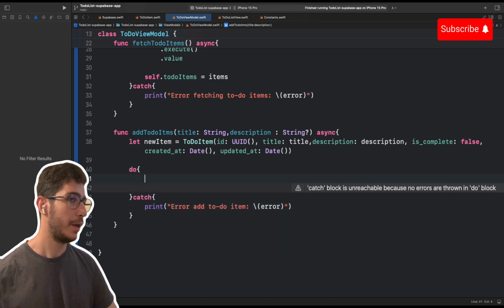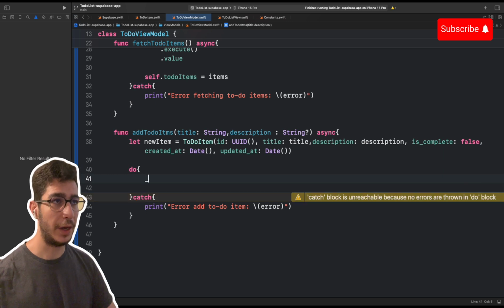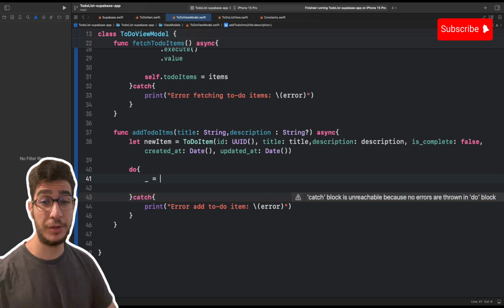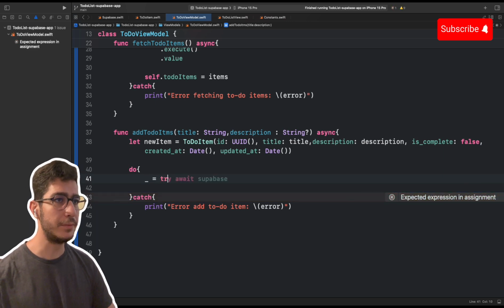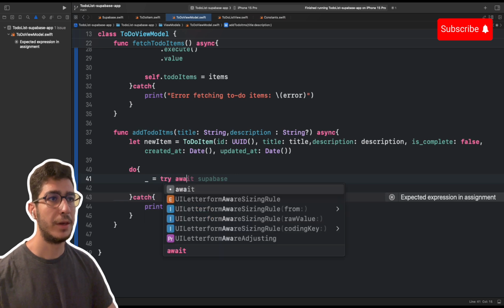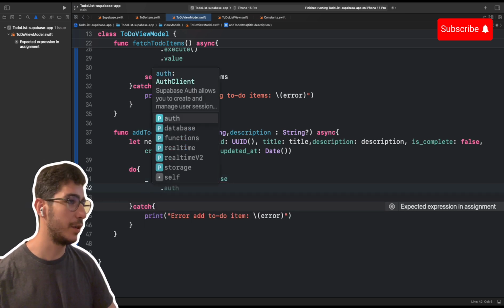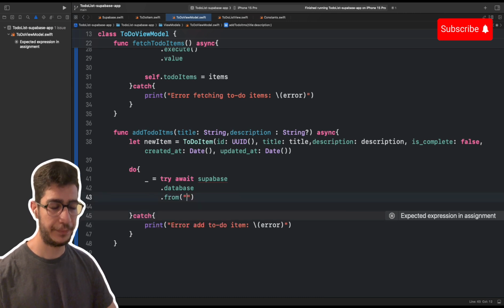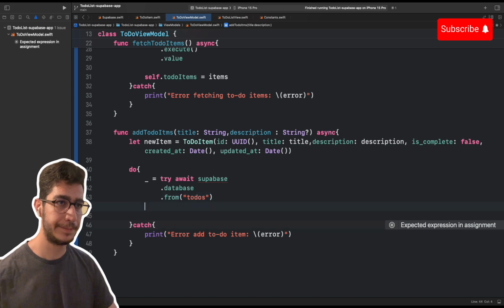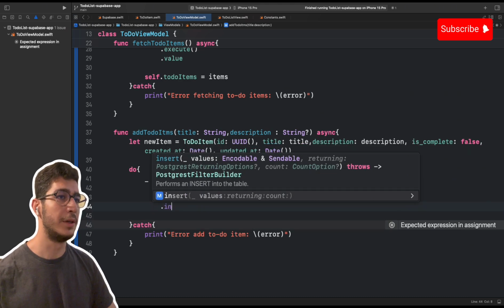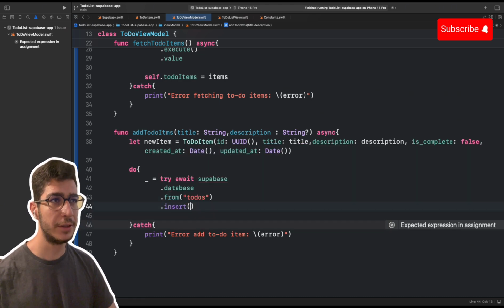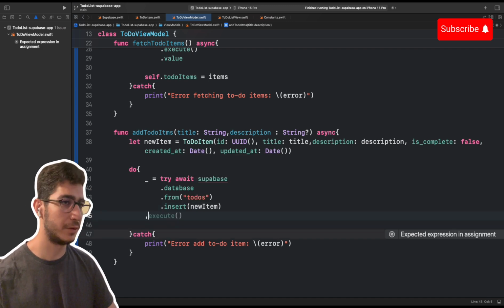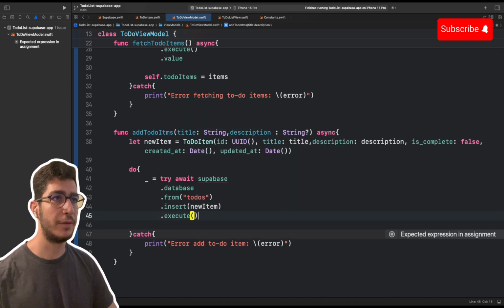So here in our do we have an empty variable here. So try await Supabase database, and again from our table name would be todos. We want to insert the new item, just going like that, and we want to execute it,